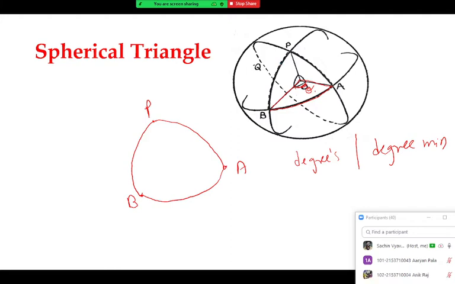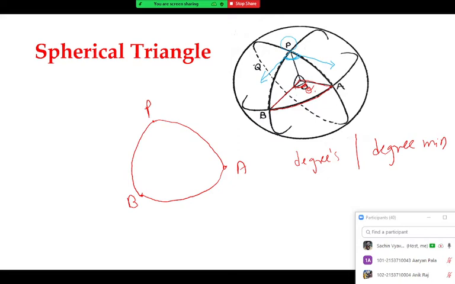To get the angle P, generally we have to draw a tangent at that point. So this is a tangent for the first great circle, and this is the tangent to another great circle, and this angle is the angle P. I hope it is clear. So whenever we have to get the angle, we draw tangents to the great circles, and whenever we want the length of the arc AB, we get the angle with the origin. So that is the method of getting the angles of a triangle and the arc length, or the sides of the triangle.